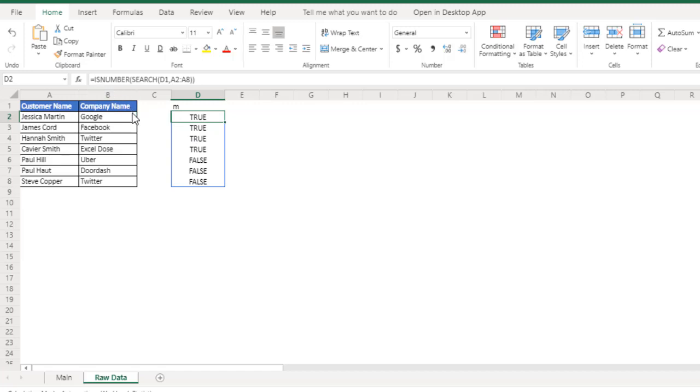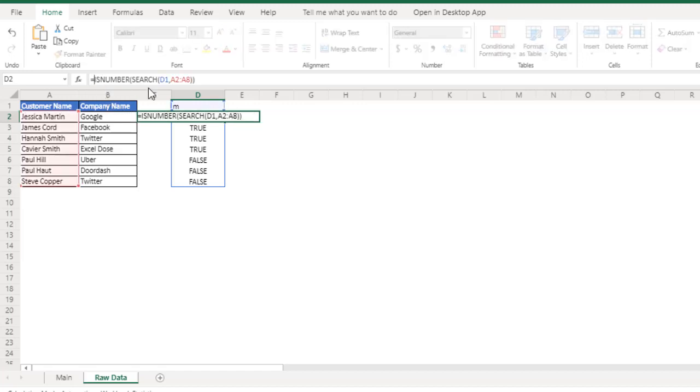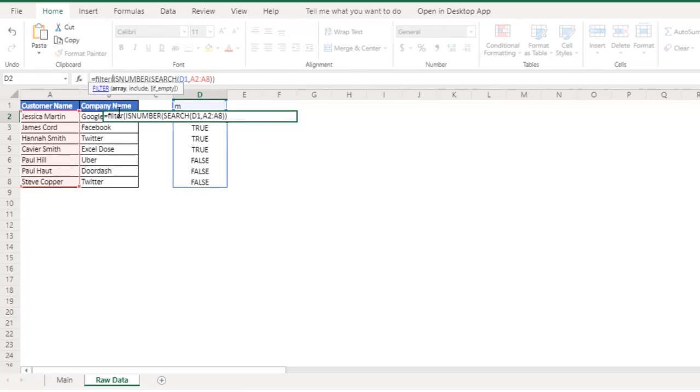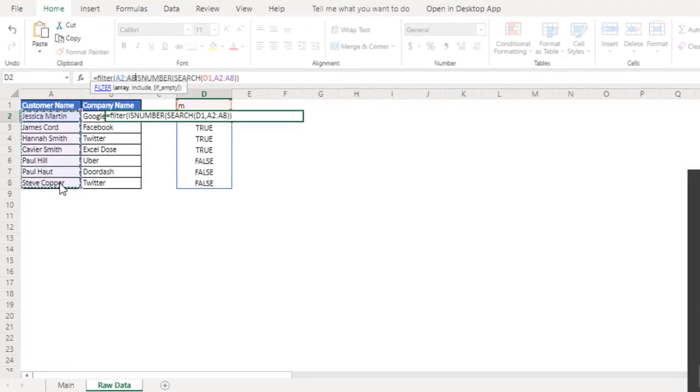If you are not sure how to use the FILTER function, I have already created a video on that. I have mentioned the URL in the video description, you can watch that also. So I will use the function FILTER, then bracket start. Now it is asking for the array. For this example, my array will be this particular name range. Then press comma, then include, it's already there. Then again I will press comma, because our second argument is already done, so I will move to the third argument. If this value is false, we need it as blank. So then we'll close here.